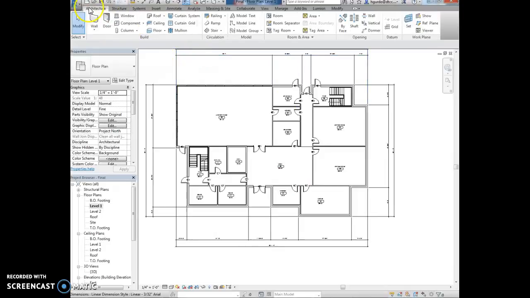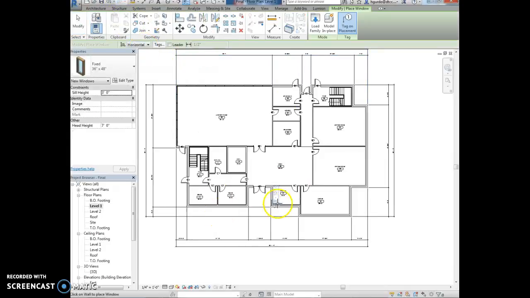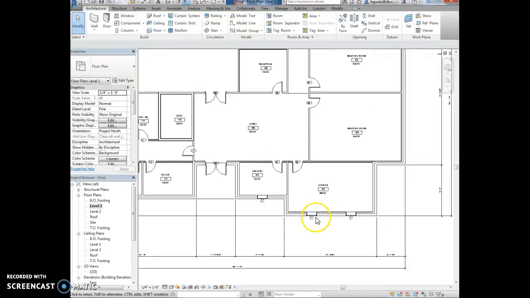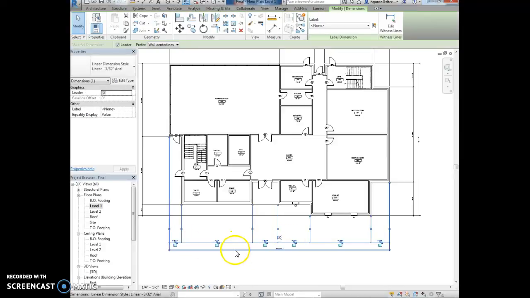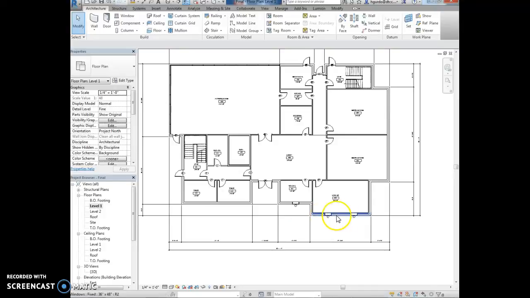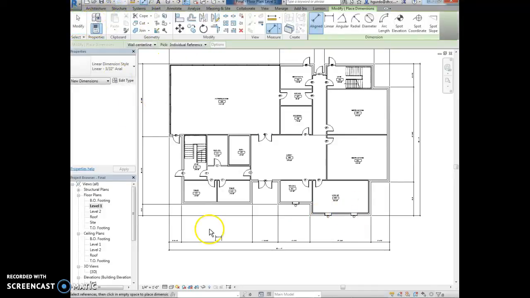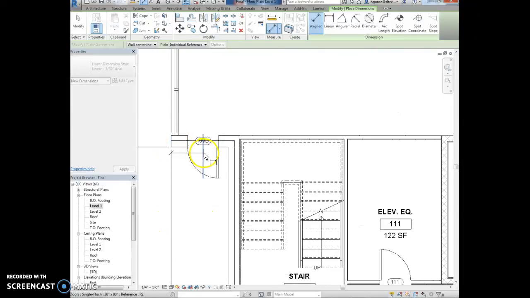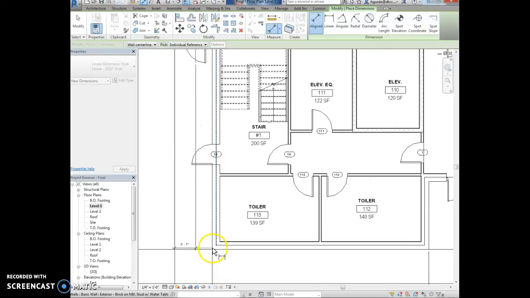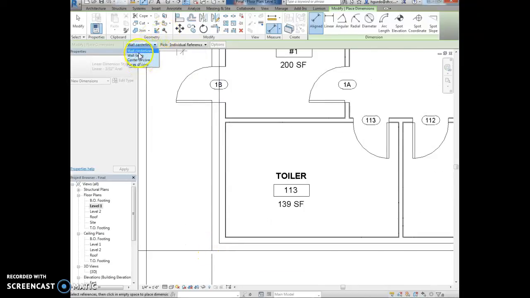So I'm just going to add a window really quick because I want you to see how to dimension properly. So say I put a window here and 2 in here, and I'd probably align those in the space better. So this is your second dimension string, and this is your third dimension string, but you should have windows in this building, and then you'll also want to dimension each one of those windows and doors. So starting here, we're going to dimension to the center line of the door, and then back to the wall face,